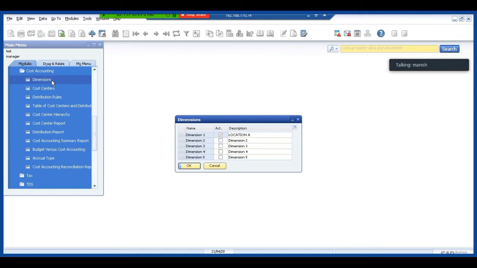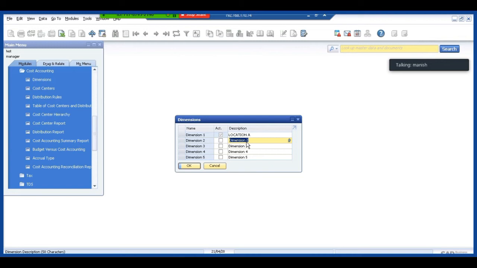I can create a maximum of 5 dimensions in one particular company. For example, if I wanted to create cost centers based on location, then my location would be one dimension. If I wanted to create cost centers based on my departments, then departments could be another dimension.